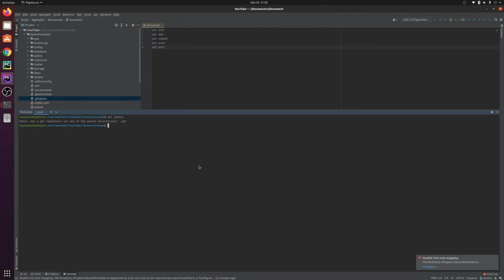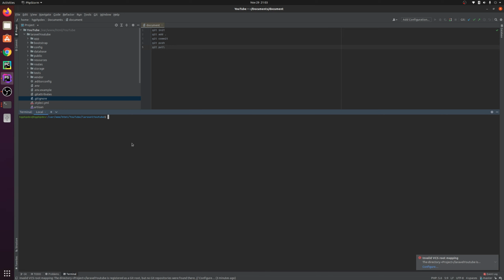Now you will see an error that it is not a git repository, or any of the parent directories, .git, right? So what you have to do, type git init. It will initiate an empty repository on your local machine, right? So git init, and you can see it initiated an empty git repository for your project.